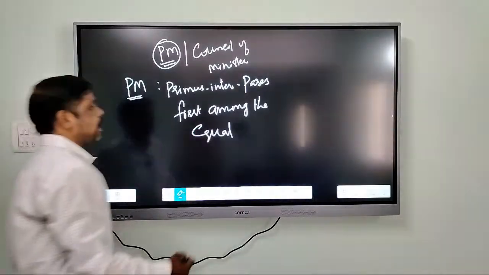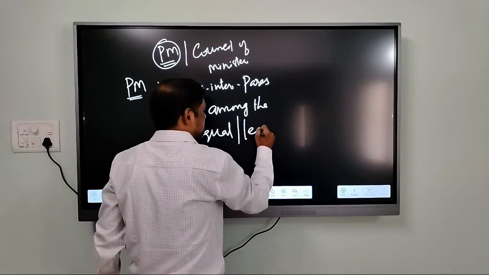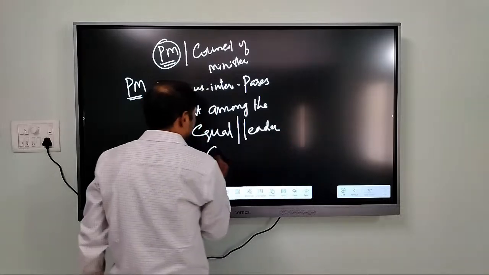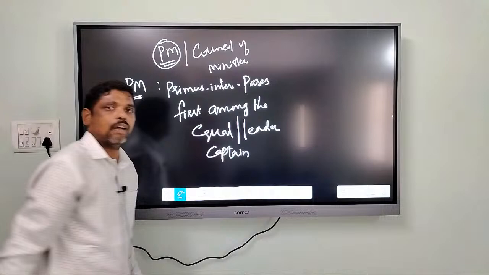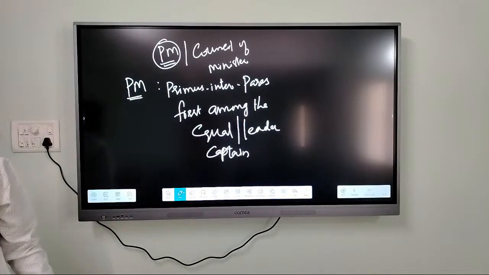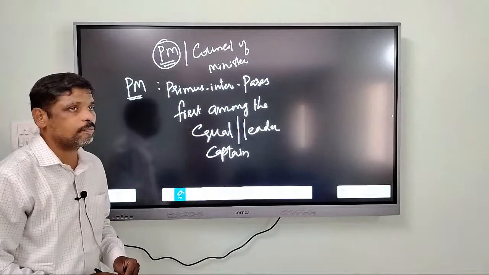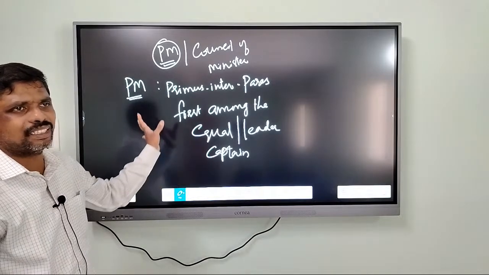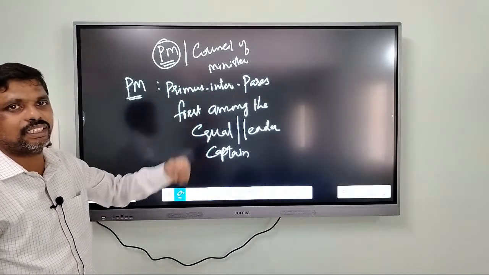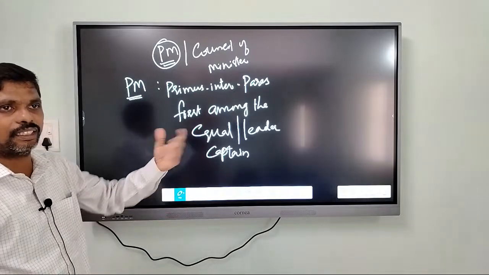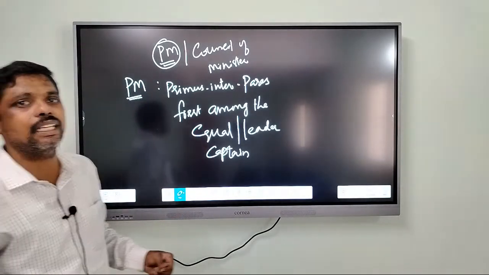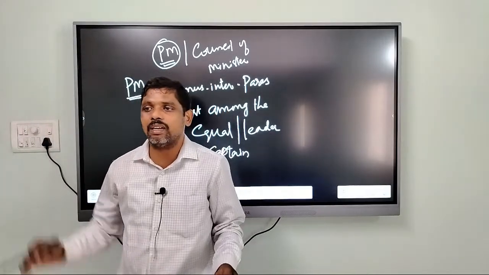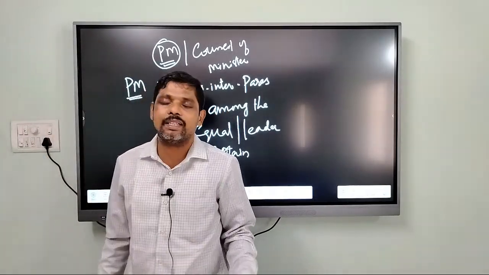And he always acts as a leader, a captain of the council of ministers. So, that is the position of the prime minister. He is even treated as the hyphen that joins the entire council of ministers. He is just like a sun in the entire solar system of the council of ministers.